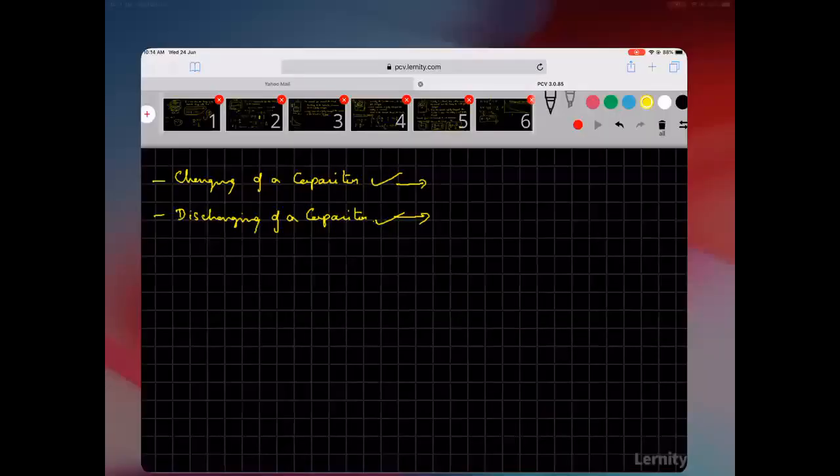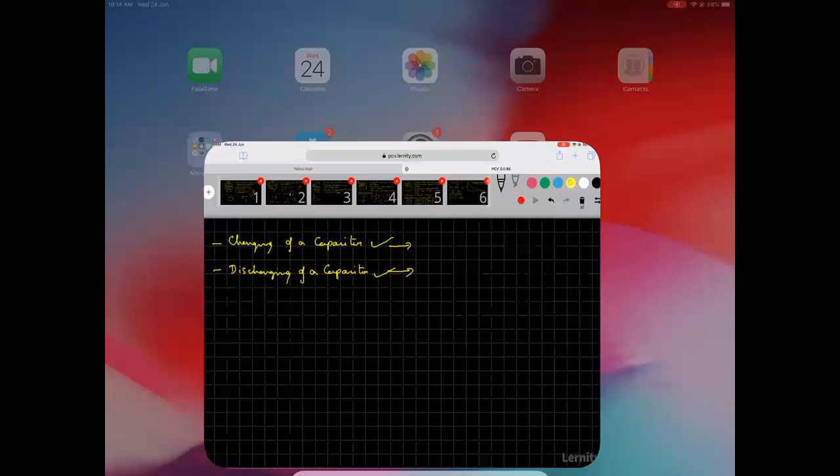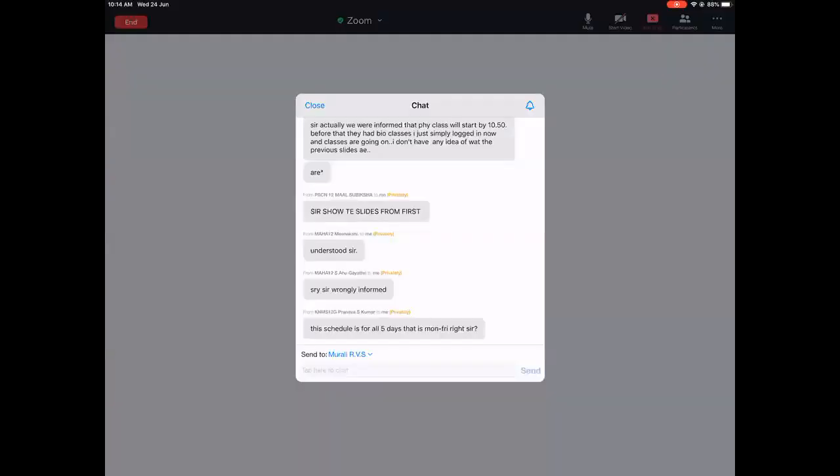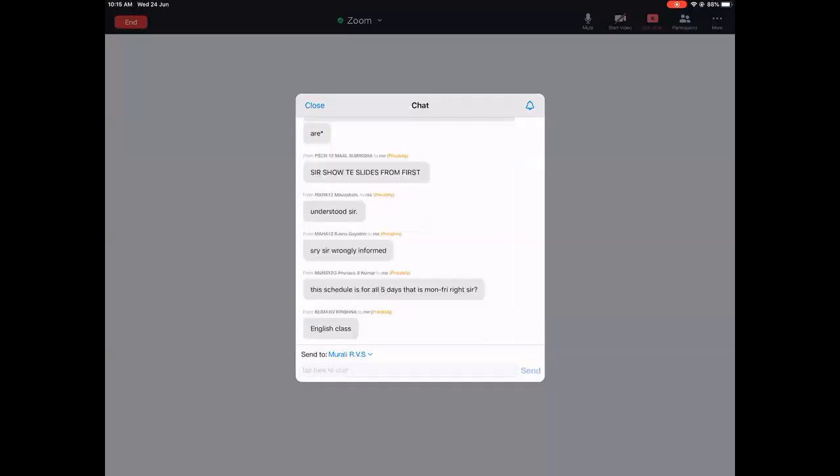If you want me to explain again, I will. This schedule is for all five days, Monday to Friday, every day of the week for the rest of the time till your school starts. So please don't worry about it. Don't ask anybody, because everybody has their own schedule, so they get confused and everybody doesn't know about every schedule. We will always be following this schedule, Monday to Friday, the whole of June, the whole of July, till whenever our schools reopen.